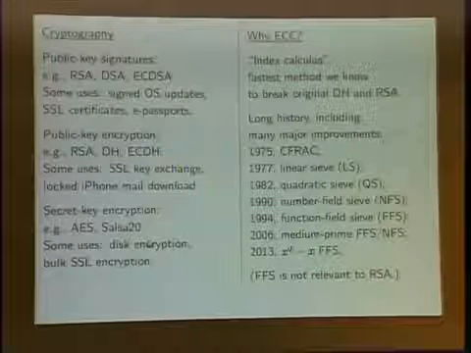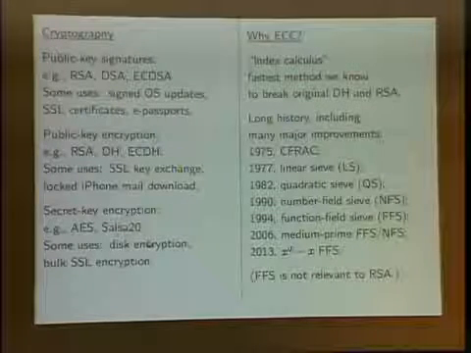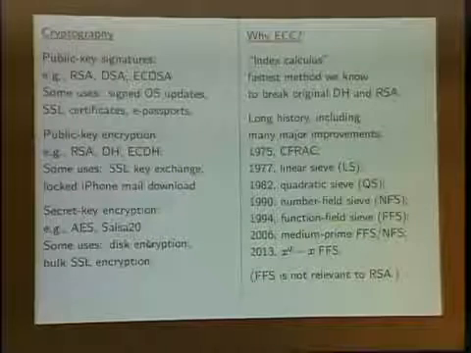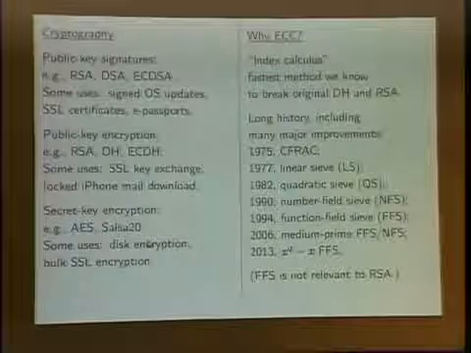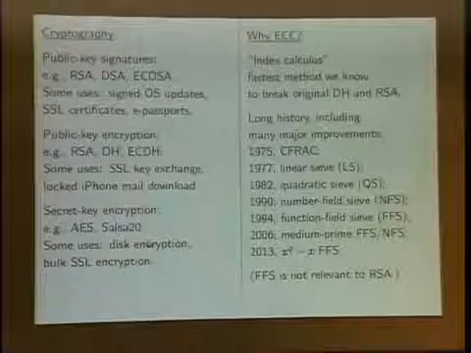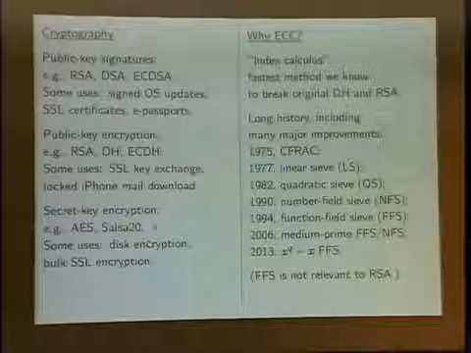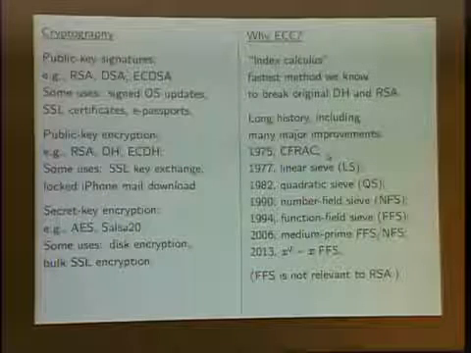It started in the 1930s, before crypto was really understood. In the 1930s, people were thinking about how do we factor big numbers, and they started with the beginnings of index calculus. And then, well, okay, after that, in the 70s, people were still thinking about factorization. There's a CFRAC algorithm, and then